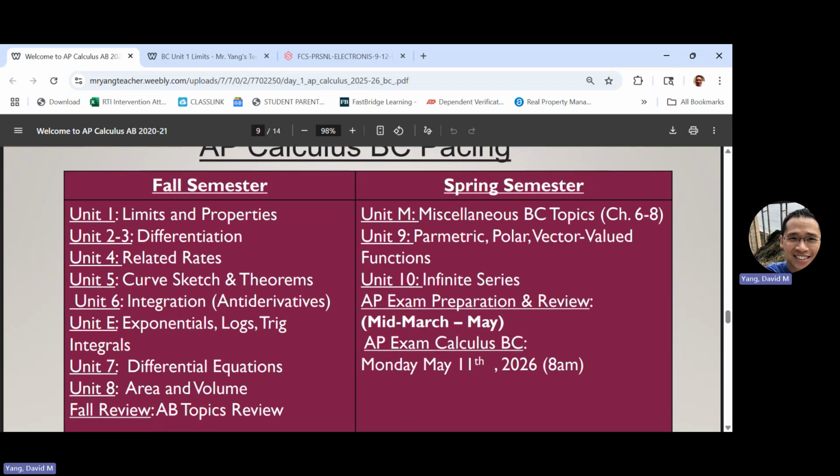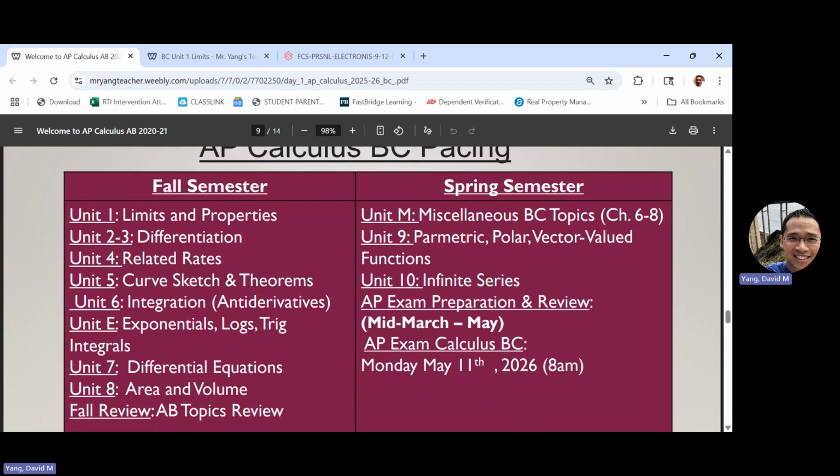Pacing. So if you're coming from AP Pre-Calc, first semester is just going to feel really fast. We're essentially having to cover all of AB's topics in the first semester. So we're going to go fast. I understand when students feel like, wow, this is a lot, this is a fast pace. So, especially for students coming from AP Pre-Calc, if you have any questions, or if you're stuck on anything, don't hesitate to ask.